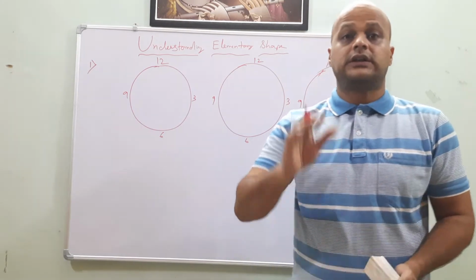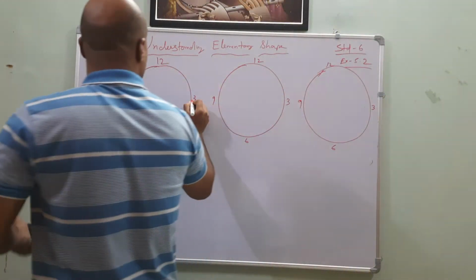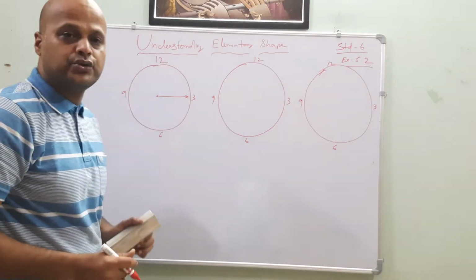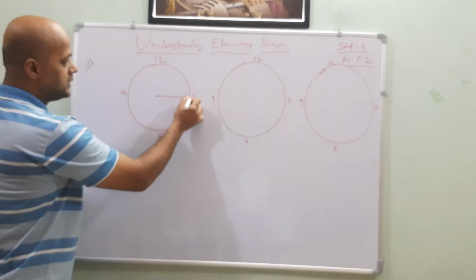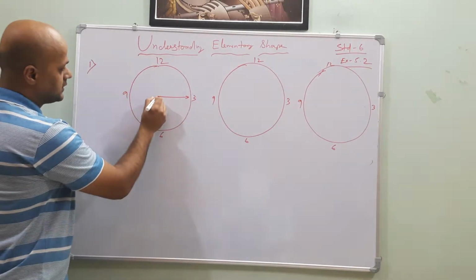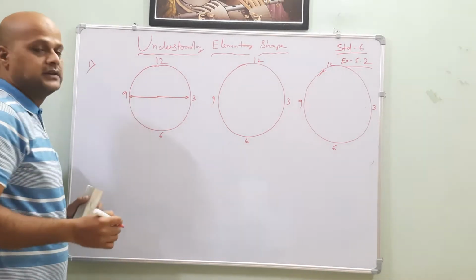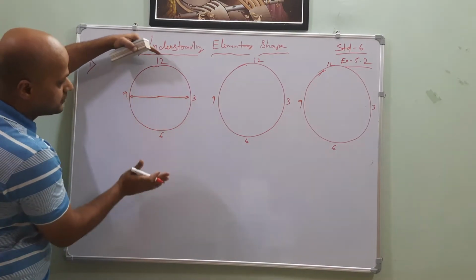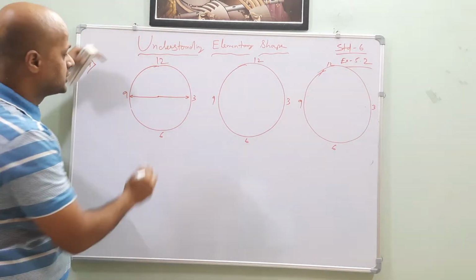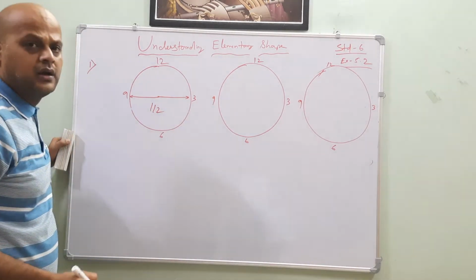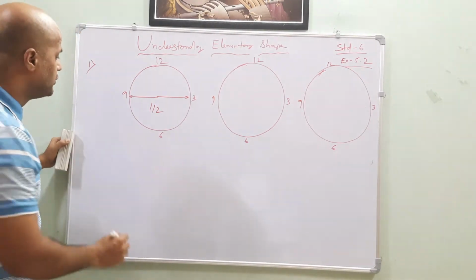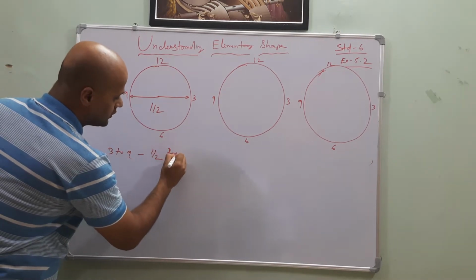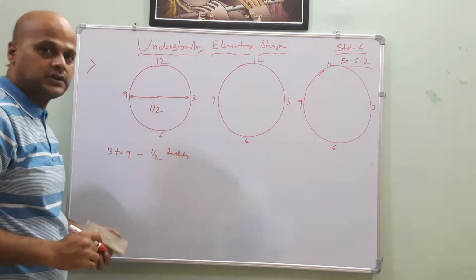First question I am doing. The hour hand starts from 3 and goes to 9. Here 3, 6, here 9. This is the position of the 9. Now tell me what the fraction is. It divides the clock into 2 equal halves. So you have to write half fraction or half of the revolution. 3 to 9 is half revolution. This is the answer. Understood?